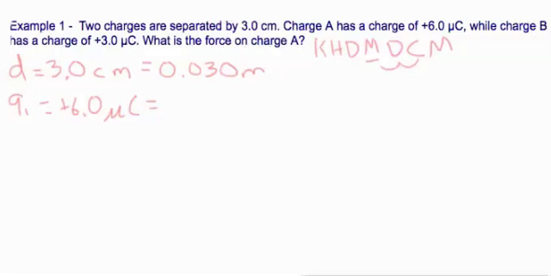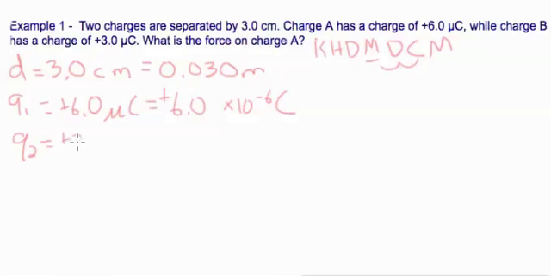You know that microcoulombs aren't the SI unit, so we have to convert it, but you might look at this and go, there's no micro on here. There's milli, but micro is even smaller. I will just tell you that micro means times 10 to the negative 6. So we will just write positive 6.0, take off the micro and write times 10 to the negative 6 coulombs. And Q2